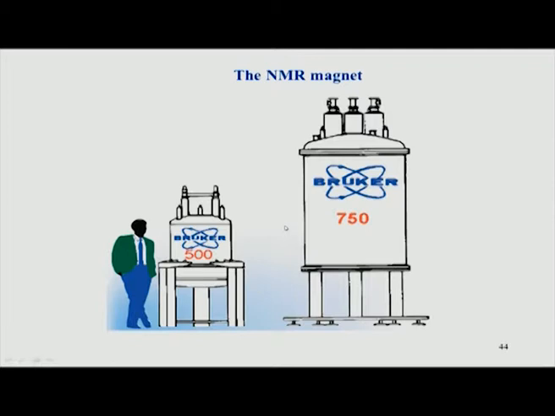If you want to get a feel for the size of these systems, you can see here this is a 500 megahertz machine, and this is a person, typically about, let us say, 6 feet tall. This is the size of a magnet, and when you go to higher field the magnet size goes up. This is the size of a bigger magnet. The size goes up because the superconducting coil inside occupies a larger width compared to a smaller magnet. We will see how these magnetic fields are generated in these systems.